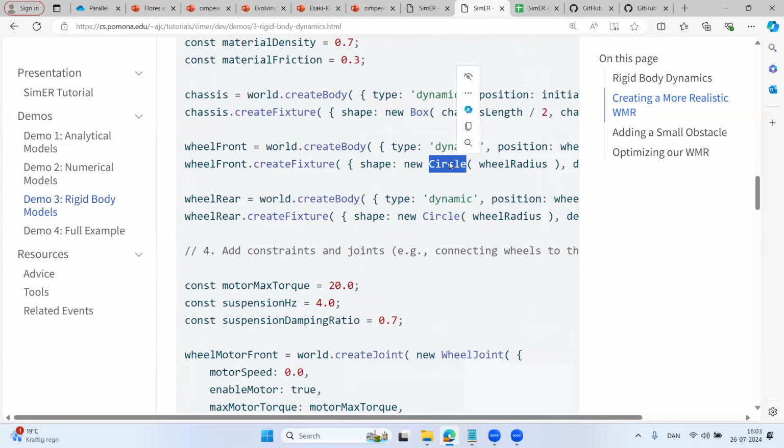In 2 dimensions, I'm clearly using a circle for the wheels. For the most part, what do you think I use in 3 dimensions for the wheels? If you've been paying attention. Yeah, I go to the 3-dimensional equivalent of a circle, which is a sphere, which often looks kind of weird.